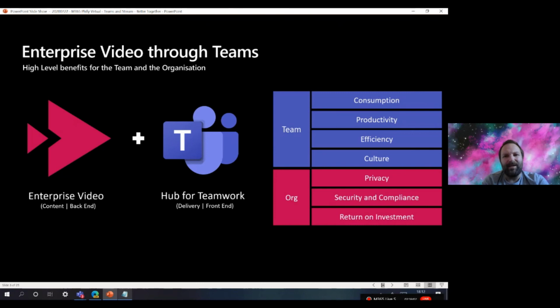And last but not least, it's a big tick in the box in terms of the return on investment within Microsoft 365. It's amazing how many organizations that I've talked to are paying for a separate video application or solution. They're not even using it within Microsoft 365, or they're putting all of their videos on YouTube, so they're not really getting any return on using Stream, but they're also, in doing so, not getting the most out of Microsoft Teams. Microsoft Teams is ready for all of your video to be surfaced through it.